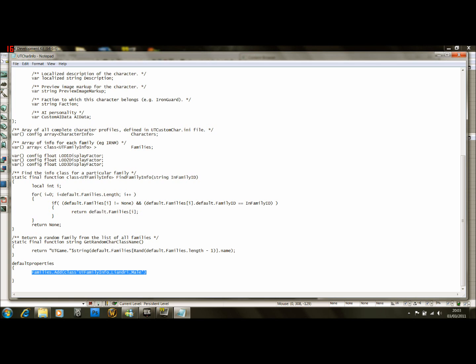UT family info Landry mail. So copy that families.add, paste it underneath, and instead what we're going to do, we're going to change this again to, so it says UT family info underscore splicer mail. So that points back to our package that we've made. Save this,